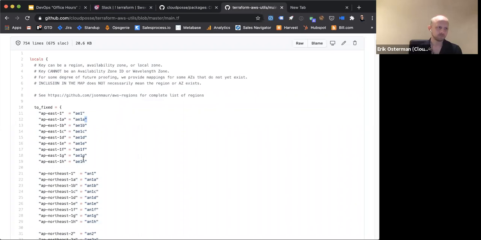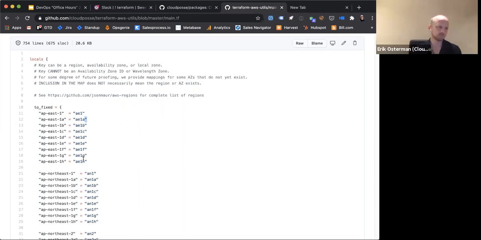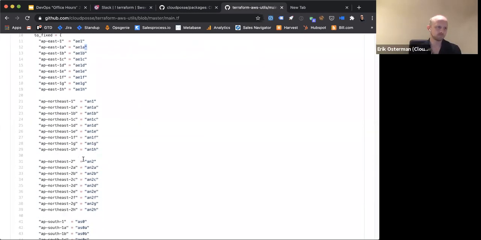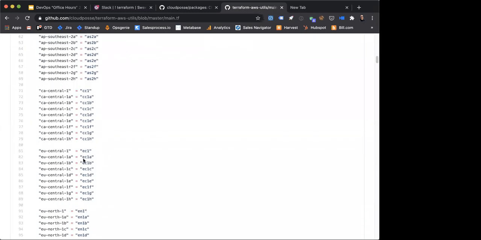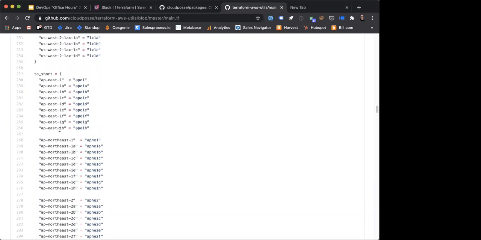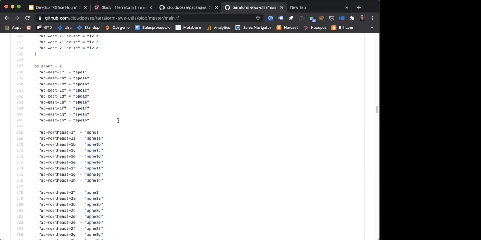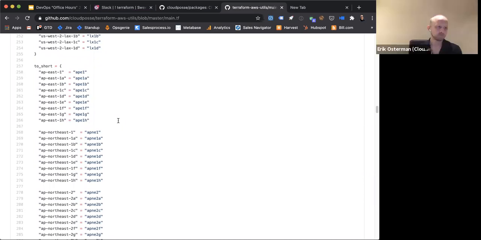Because of that, we also have a second map called too short. And too short is algorithmically derived. It doesn't have exceptions, but it's not guaranteed to be a fixed length. It varies in length from 4 to 6 characters.